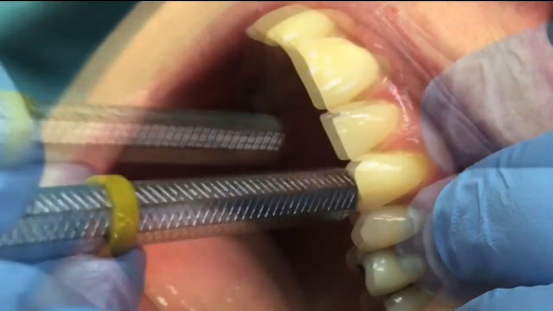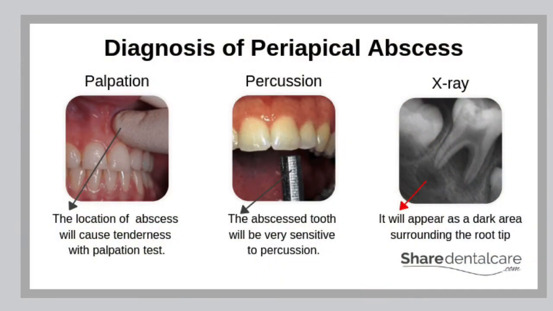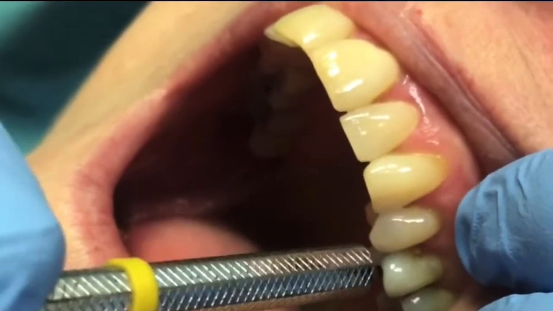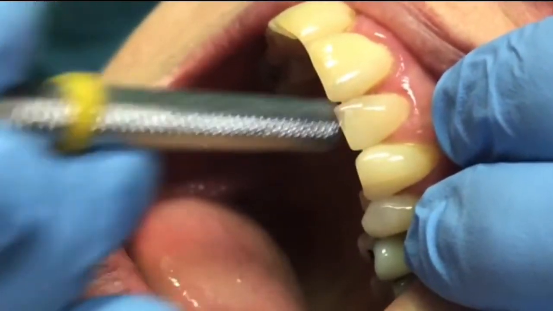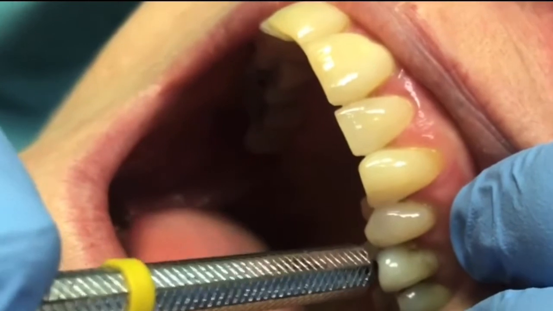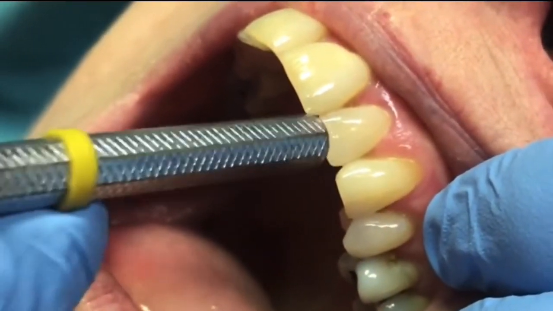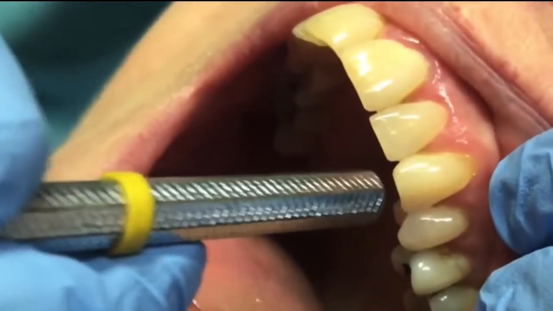Now, as in the pulpal diagnosis, we had two main tools for diagnosis, like the cold test and the EPT. In the apical diagnosis, we have percussion and palpation with X-rays as our main diagnostic tools. Let's talk about these tests. For percussion, you usually would tap on the teeth, often with a mirror handle, in a vertical direction along the long axis of the tooth. The patient should feel the tapping but should feel no pain with the normal apical tissues.